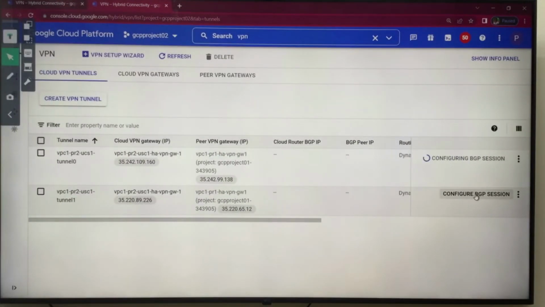In a similar way you have to configure the tunnel 1 configuration. In tunnel 1, the name is the same, VPC1 PR2 US Central 1 tunnel 1 BGP peer. AS number is the same, peer AS number 64520, right?